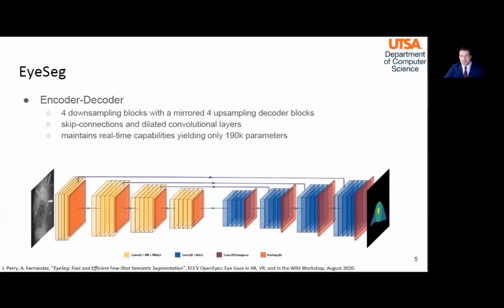ISEG utilized residual connections within each block, and you can see that with those blue lines. This network was additionally built to be conscious of memory size to be employed on embedded systems for real-time environments. Being only 190,000 parameters, this can be considered a lightweight design and capable of that.